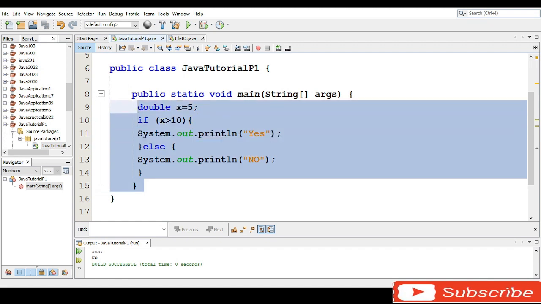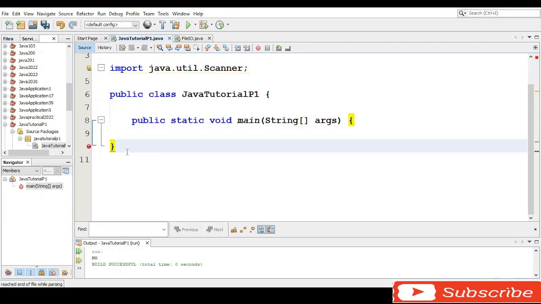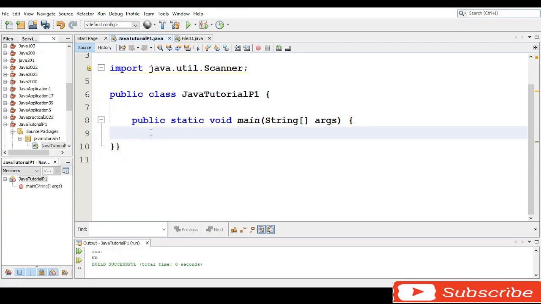Now let us take a situation in which you want to prompt the user to input their age. You want to prompt the user to input their age, and then you classify them as adult if they're 18 and above, and minor if they are below 18 years. So in that case, you would come here now,